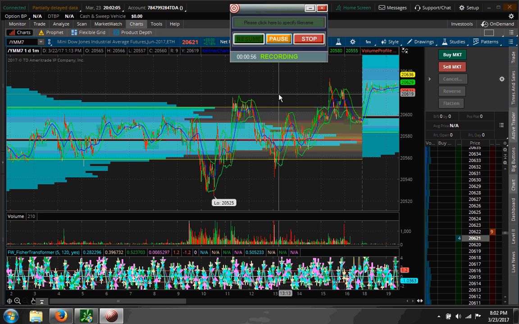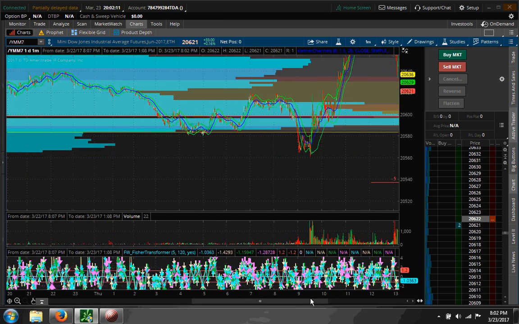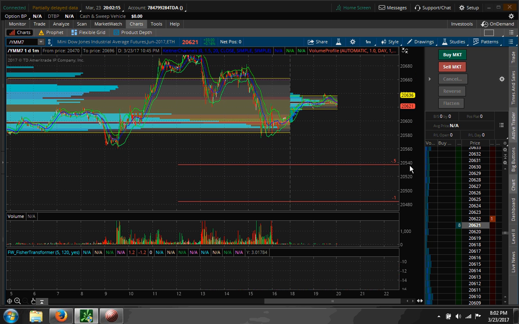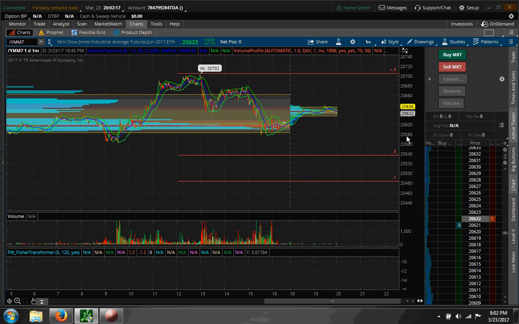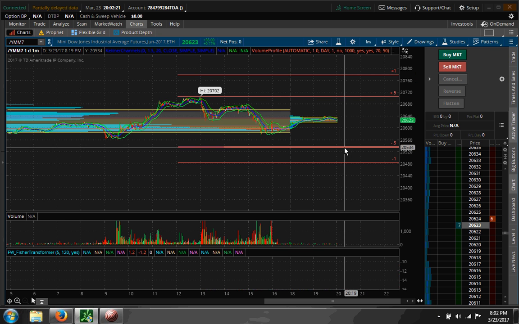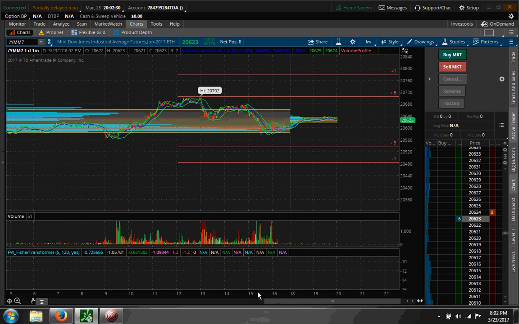So at the beginning of the day, I'll go ahead and plot my deviations, and you can see here these are some of the deviations. So we have a plus 0.5, a 1, minus 0.5, and a minus 1. These deviations, Mark typically gives them to you each day. He's been doing